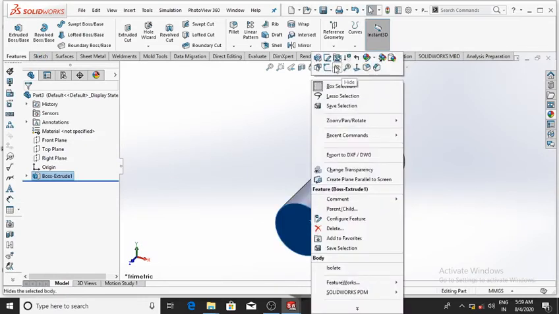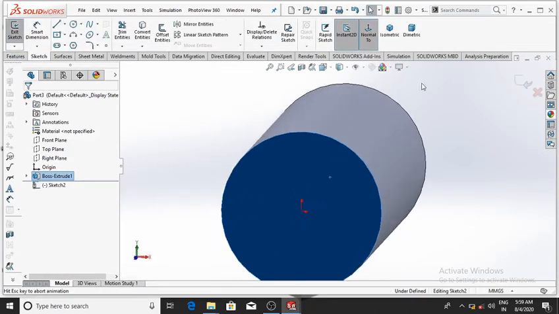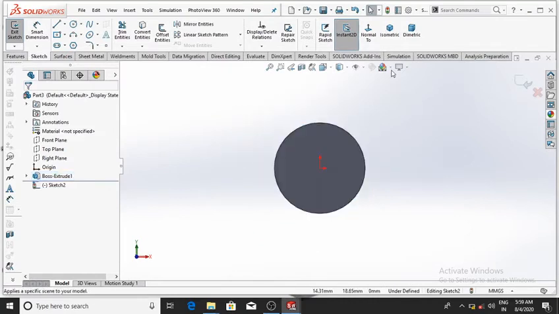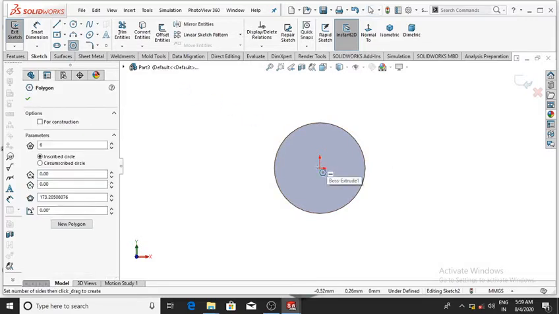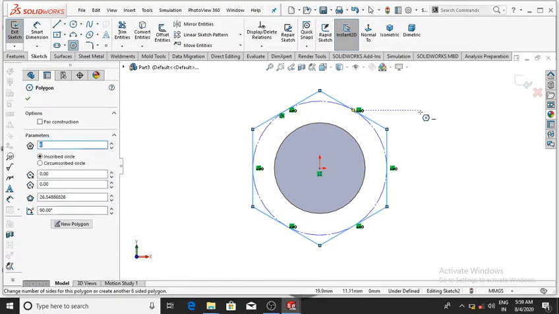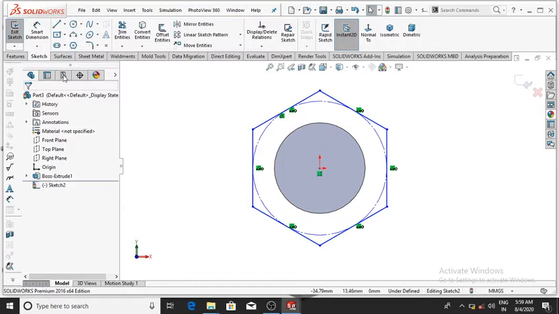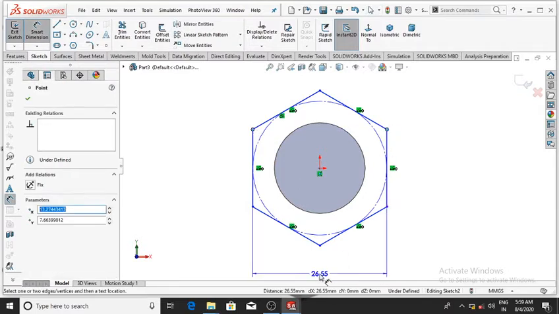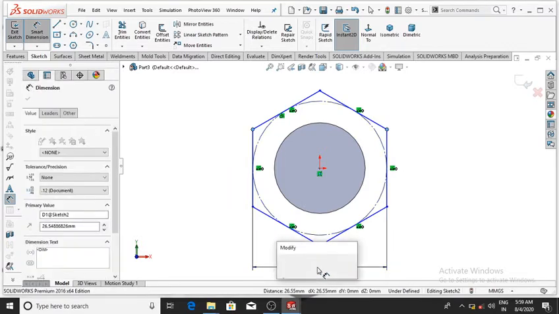And on this face select this face, sketch, then normal, and change to plain white, and make the polygon from this face. So go to the select polygon and select this point, and again select this line, and the gap between both this point to this point will be 29 mm.